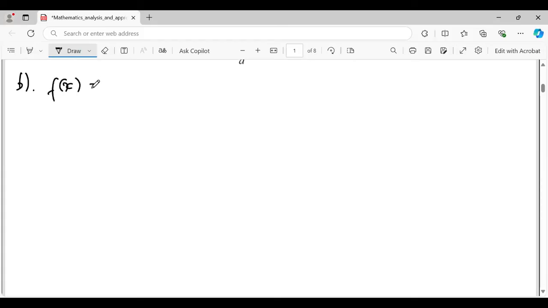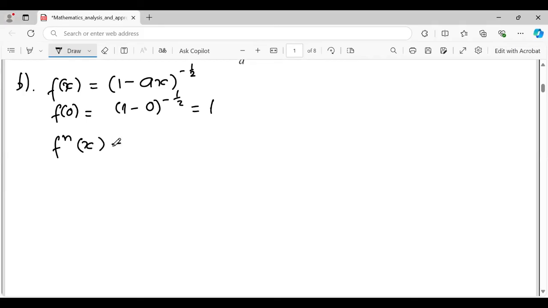f(x) at the left side, f(x) equals (1 minus ax) to the power minus half. This is the left side. So f(0) means (1 minus 0) to the power minus half, which equals 1. And according to the rules, if we would like to find the derivative, we have to use these rules,